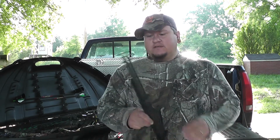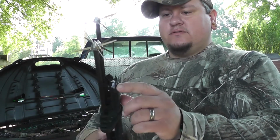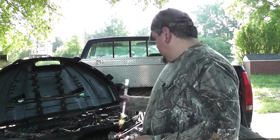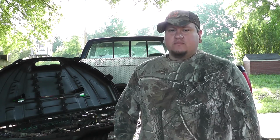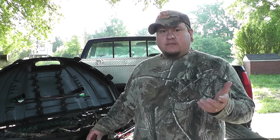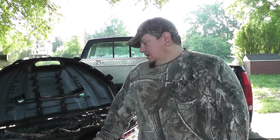Nothing fancy. Like I said, you can see some of the glue and such that was on it. I shoot a Bowtech. Nothing wrong with Matthews, but they make that hood replacement for Matthews. I'm sure that there's probably some more out there maybe I haven't come across, but that's how I transport my Gobbler Guillotines. Might work for you, might not, but like I said, these True Glow quivers really work out for me,